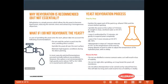I'm not going to read this step by step because I think that might be a little redundant, but as you guys are reading through this, there's just a few things I want to note, okay? One thing is be aware of the rehydration temperature. If it's too cold, the cells can actually leach their contents, and if it's too hot, the proteins are going to denature. So you don't want either of that. The best thing to do is keep your rehydration temp around 30 to 35 degrees Celsius, or roughly 86 to